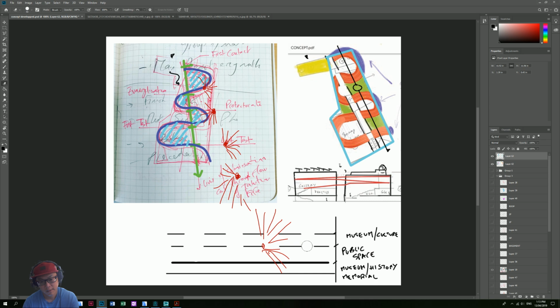So like this. So this one here, you would still see part of the building here. So just make continuation. This is open